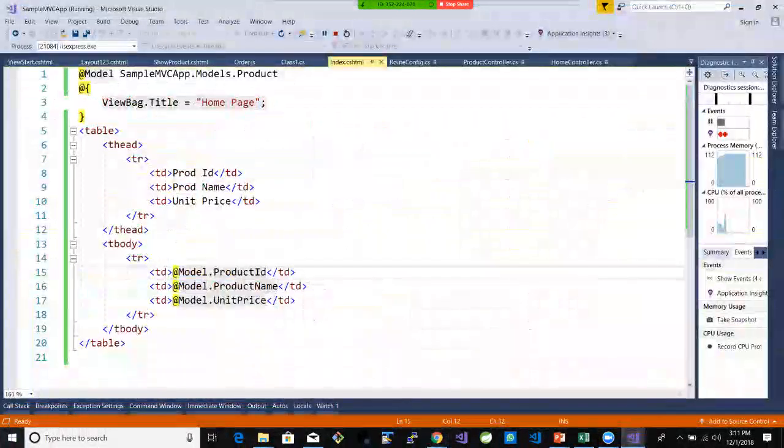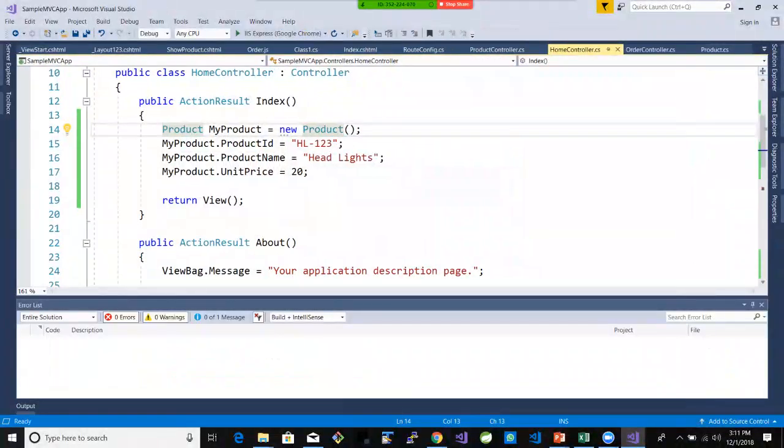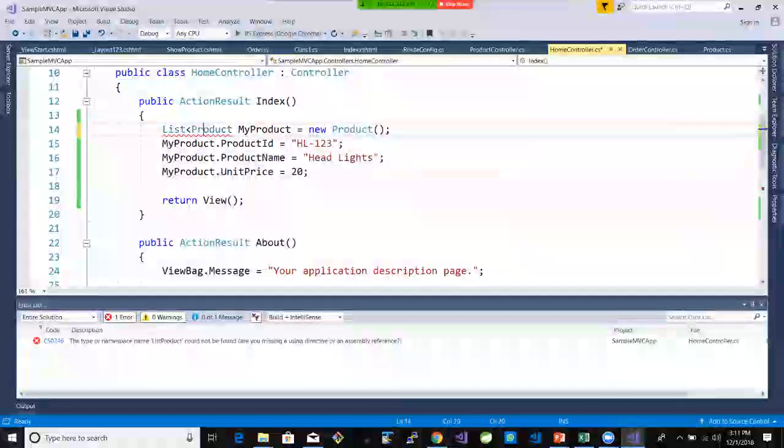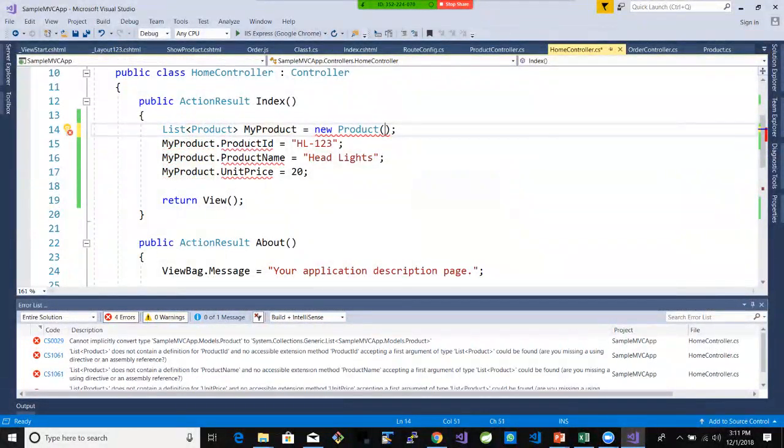So to be able to show some values of the model in the UI, I need to pass the model, and only then can I access the values of the model here. Now let's say we do one thing. I make this a list. A list is a collection. I say list, my product, new list of